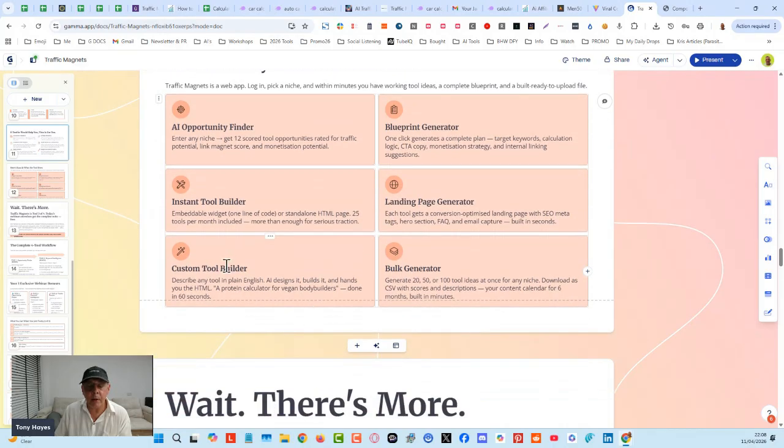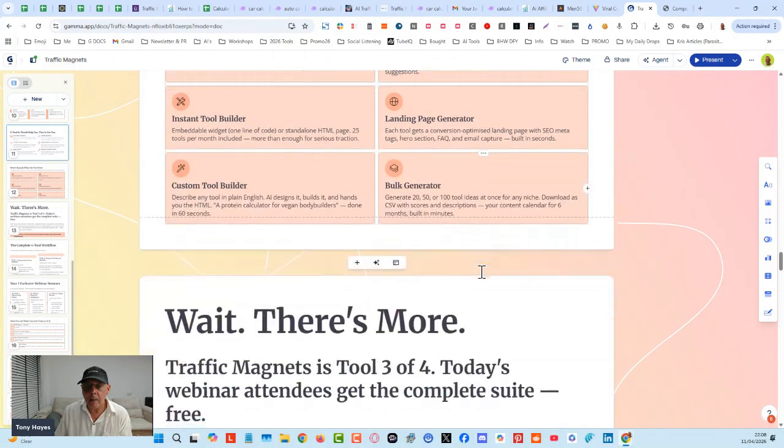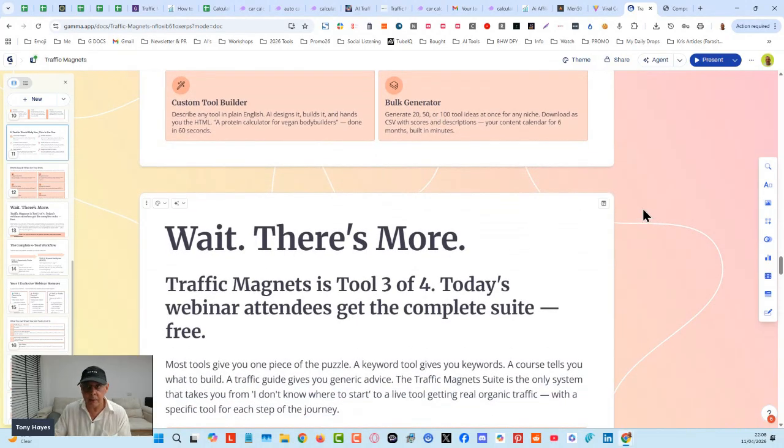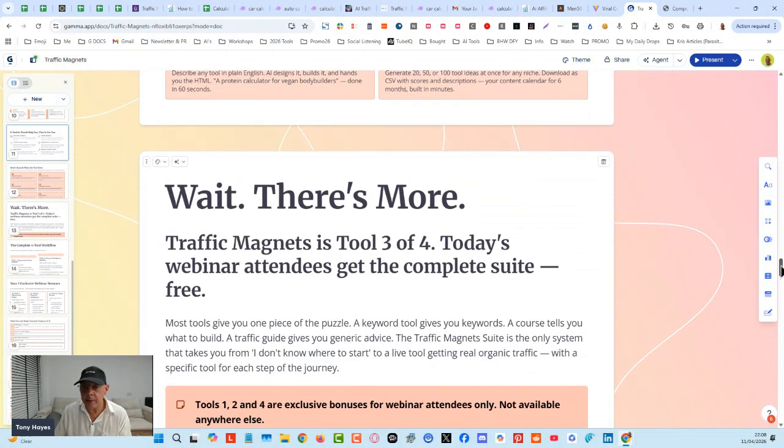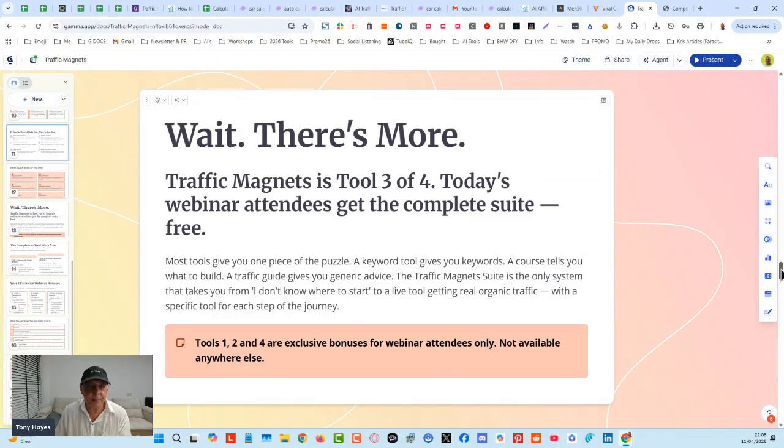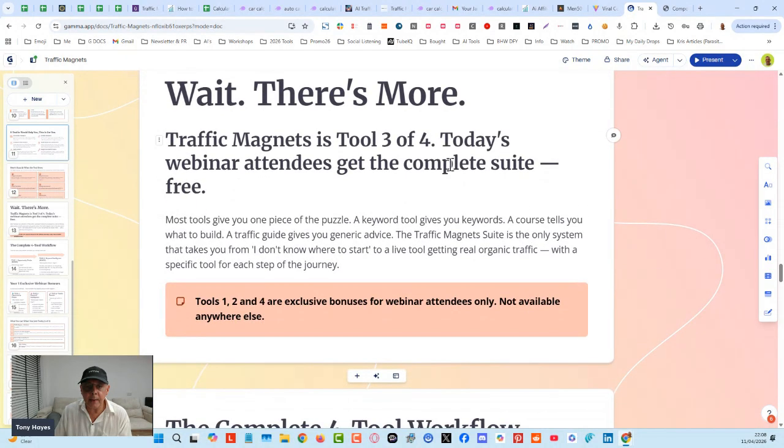Okay, we also got our custom tool builder in there as well, and also we've got a bulk generator to give us tool ideas. I actually got that one parked at the moment. It's there, it's coded. I just wanted to improve it before I bring it back. It's actually inside the tool. I just took it from the sidebar for a day or two until we can improve it, make sure that everybody can understand how to use it. But this is tool number 3 of 5 that you're going to get today.